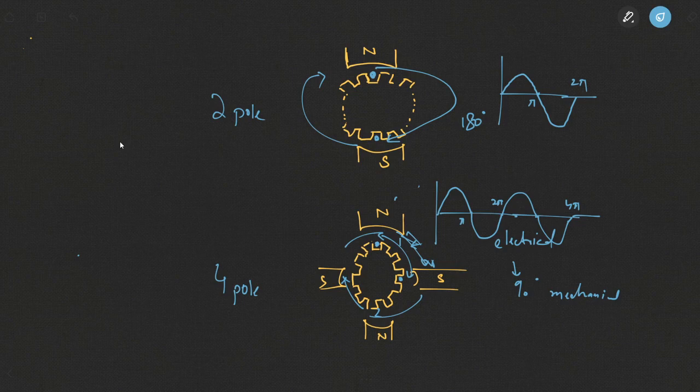Right? So you can see for a two-pole machine, the mechanical 180 degrees also means electrical 180 degrees, because the magnetic field is going to complete 180 degrees of cycle. Fine. So one side is under the center of the given magnetic pole, and the other side is under the center of a pole of opposite polarity. So even though physically the poles, say in the case of a four-pole machine, north and south, are not placed 180 degrees apart, the magnetic field will still cover 0 to pi, and from under the south pole, from south to north, it will cover pi to 2 pi. This is how the magnetic field will be varying with respect to omega t